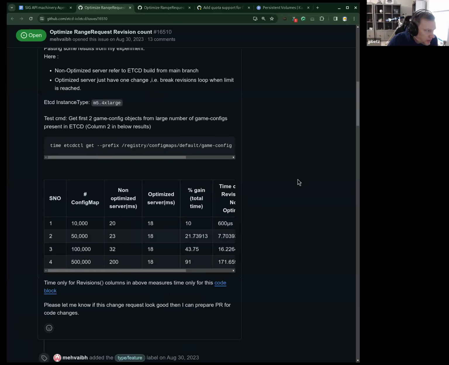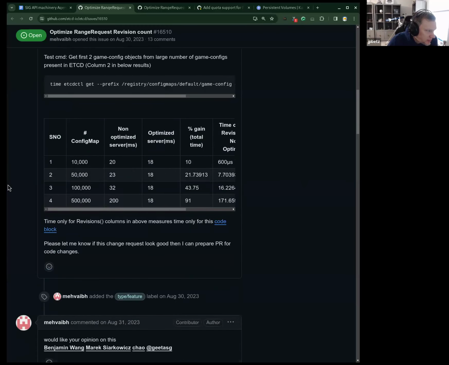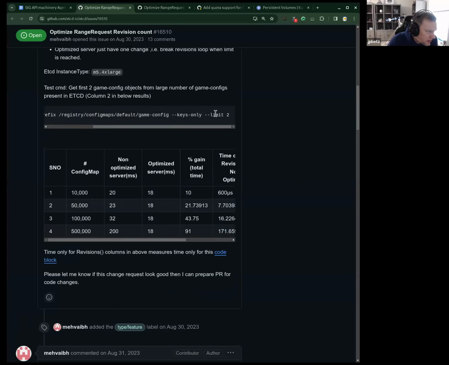Great. Yeah, thank you for opening this and digging in. So my rough take on it, if I read the data right, was that even if you put a limit, and I think the limit here was set to 2, even if you set a very small limit on the number of objects that you actually want back from etcd, when you're non-optimized, the cost continues to go up based on the number of objects that match the full request beyond that limit.